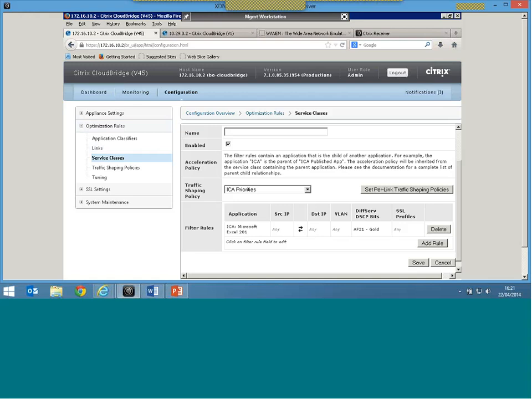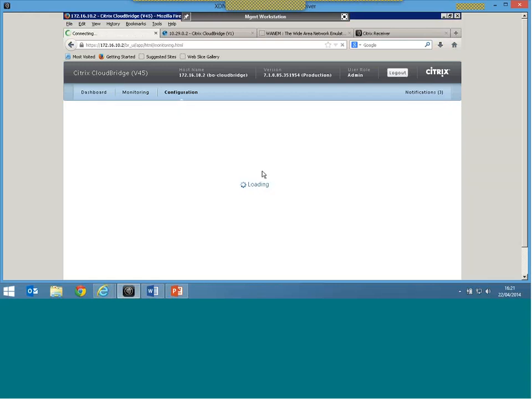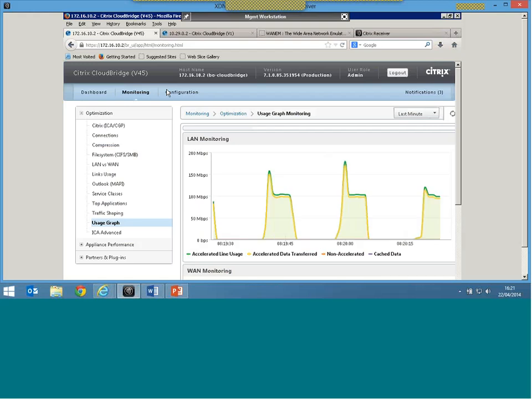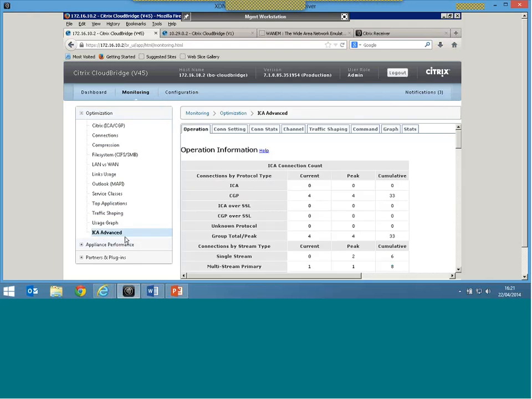If I go back to my monitoring tab, it's been running for a little bit of time, and I haven't got a massive amount of data inside there. You can see some of these things are now populated. Now, ICA Advanced is one that I definitely wanted to show you. If I go to ICA Advanced,